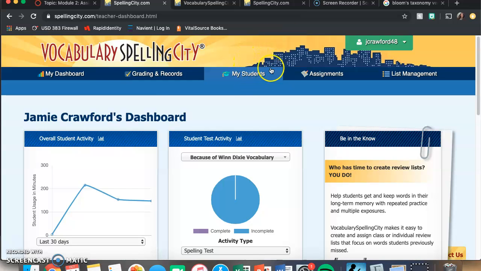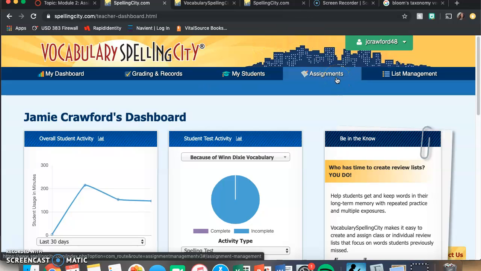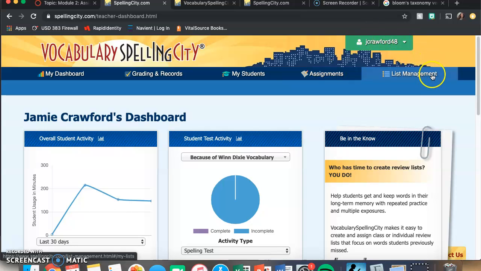You can look at My Students, which just gives a list of your students and their performance. Assignments, where you can go and assign different things and look at the status of different assignments you've put in place. And list management, where you create a list and use it in the activities. So we are going to start there. If you hit list management,